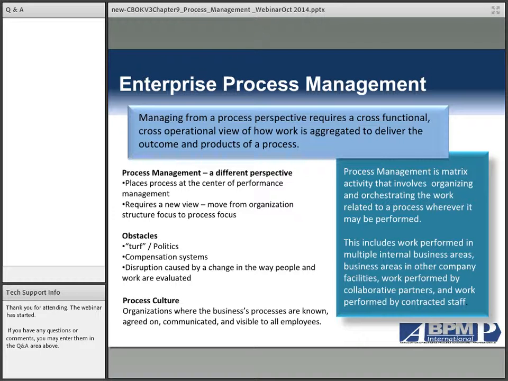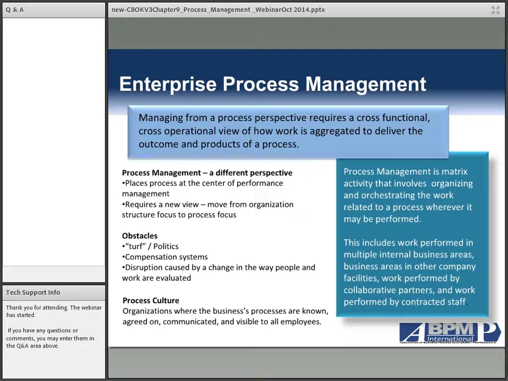And that's one of the reasons it's very difficult to do this, because you're dealing with people. You're dealing with turf issues, requirement issues, and responsibility issues, and you're dealing with them with a variety of people that don't necessarily have to go along with what the process manager is asking for. So in this matrix, theoretically whatever is done has to be to everybody's benefit as well as to the company's benefit through the process.